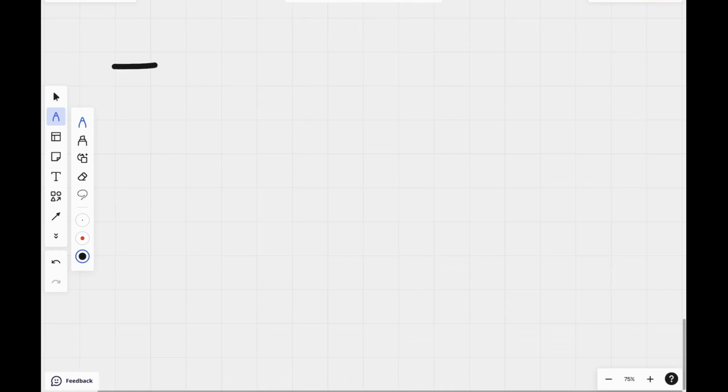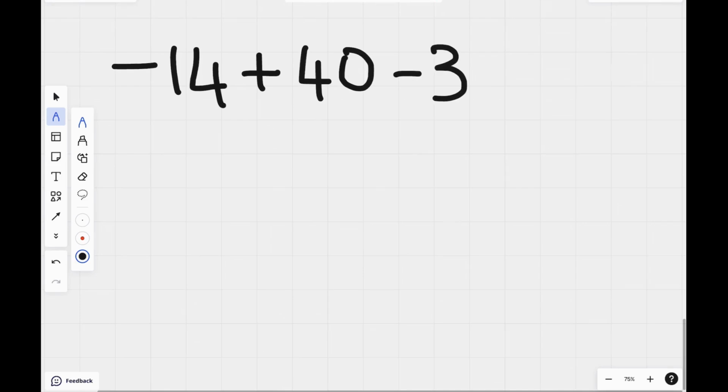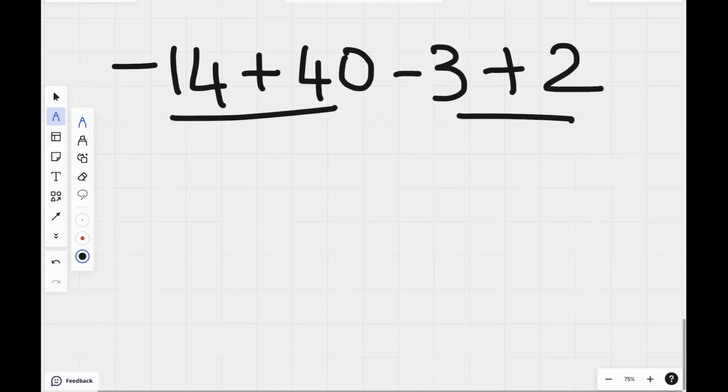So let's say minus 14 plus 40 minus 3 plus 2. In this expression you have two negative numbers and two positive numbers. The process is to simplify like terms, bringing the negative numbers together and positive numbers together. That's not the only way, but it is one of the ways you can solve it. There are two ways to do it. I can first simplify these two terms and these two terms. So minus 14 and plus 40 is